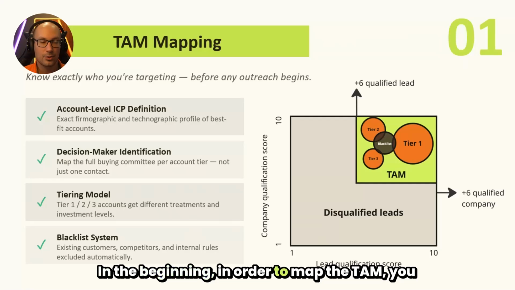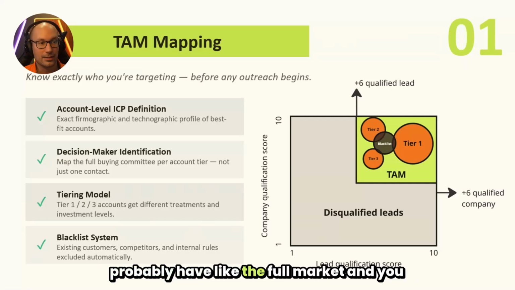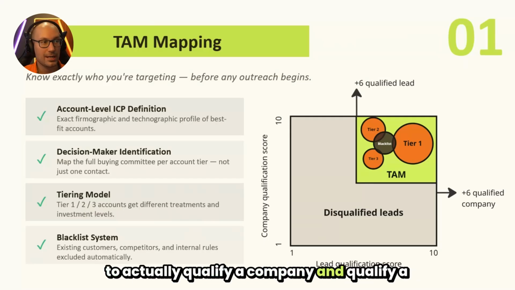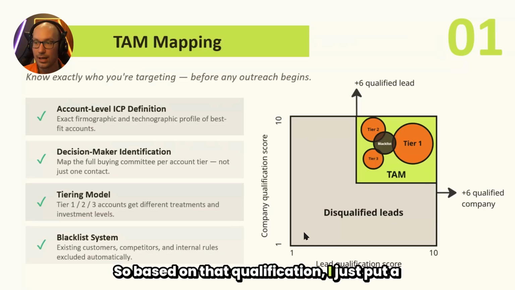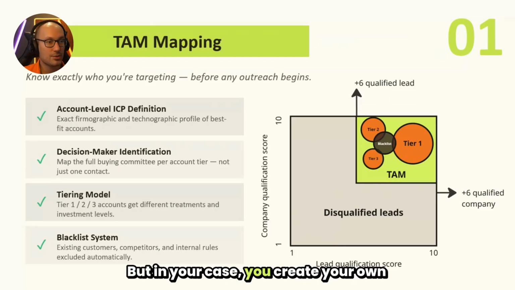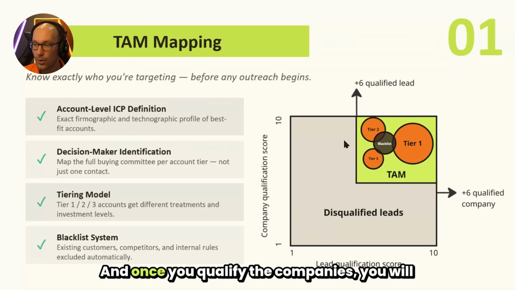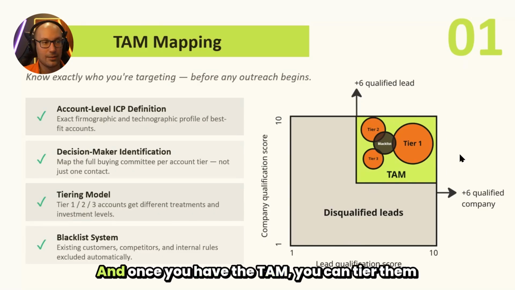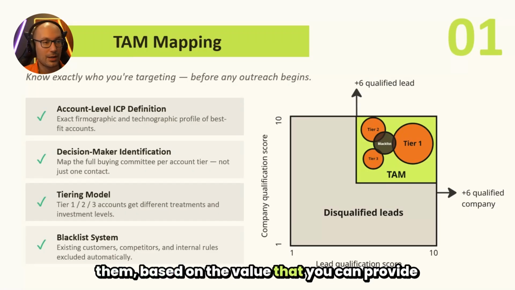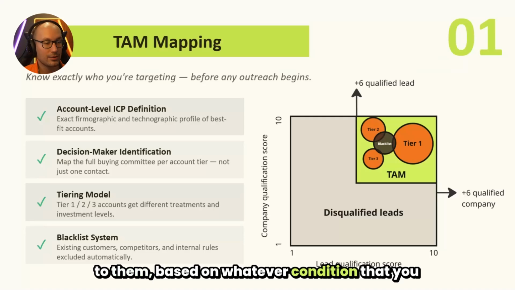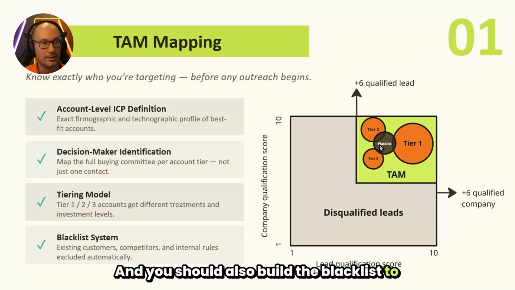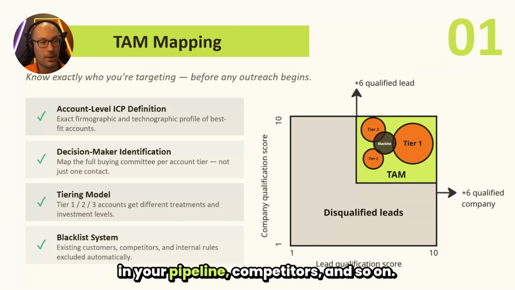In the beginning, in order to map the TAM, you probably have the full market, and you will have conditions to qualify a company and qualify a lead. Based on that qualification, I just put a score system here because it's general for every type of company. But in your case, you should create your own qualification criteria. Once you qualify the companies, you will have the TAM. Then you can tier them up based on the products that you sell to them, the value that you can provide to them, or whatever condition you want to disaggregate and send to different types of campaigns. You should also build a blacklist to avoid reaching out to leads that are currently in your pipeline, competitors,